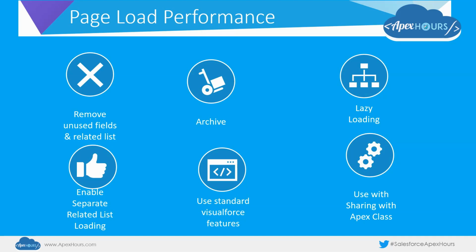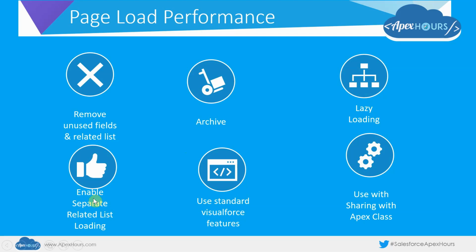Another thing is to archive old records, especially when you have list views. If the record count is really huge, you might have noticed the list view is taking too much time to load. So make sure you have some process which is going to back up your data to some other system in a scheduled manner. Maybe records which got created 2 years back, you can archive, or you can define your own criteria based on the business requirement. Lazy loading, we will come to this later.